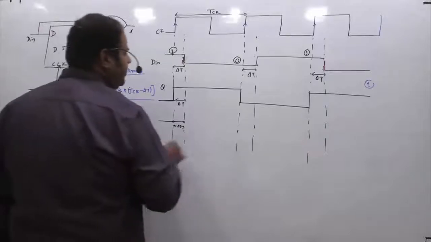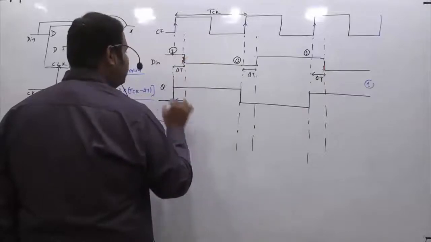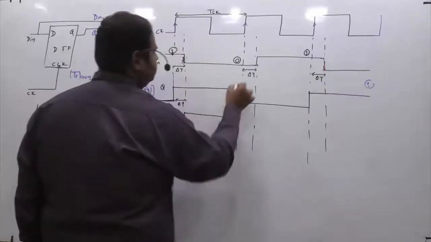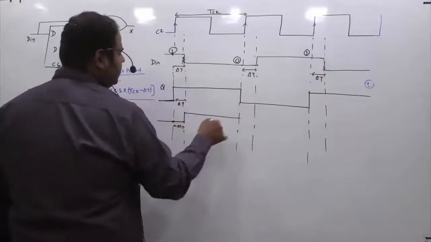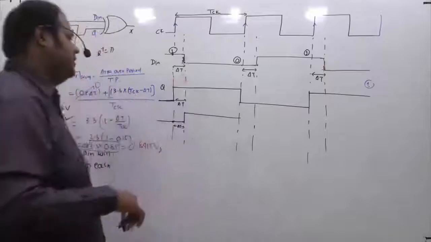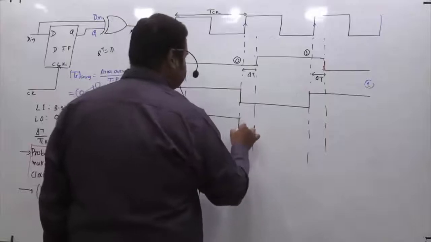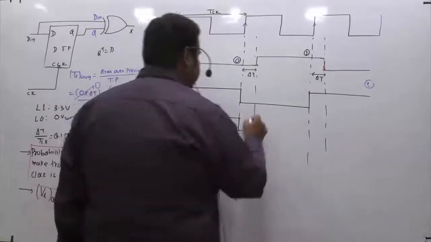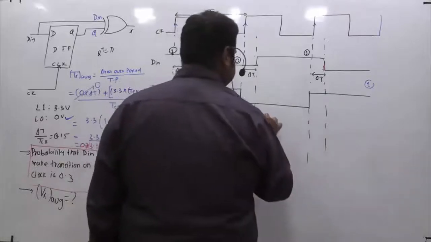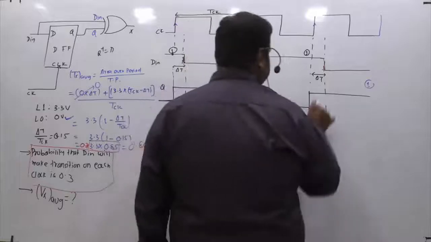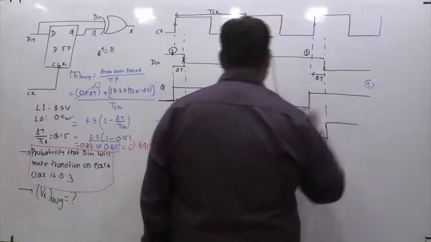Alright. Then from this point to this point, this is 0 and this is 1, so you are going to get 1 till this point. Because in this segment we got 0, and in this segment this is 1, this is 0, 1 XOR 0 is 1. Then between this point and this point, this is 0 and this is 0, so you get 0. And again, in this segment this is 0, this is 1, so 0 XOR 1 is 1. Again between these two segments, 1 XOR 1 is 0. And again it will continue with 1 and this cycle will continue.